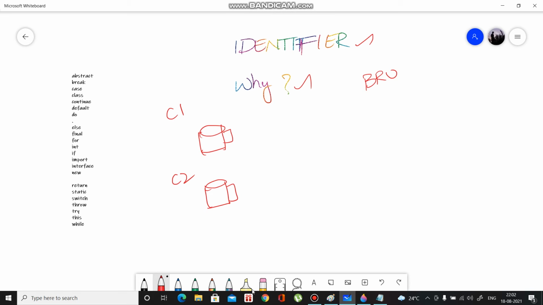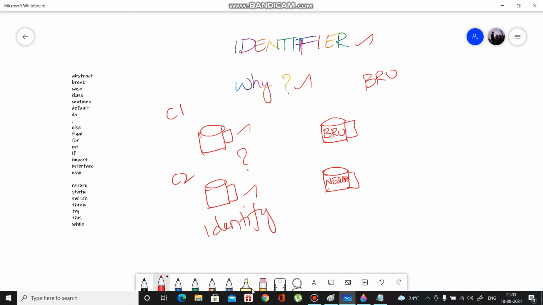To identify which one is Bru coffee, you label it: this is Bru, this is Nescafe or whatever it is.